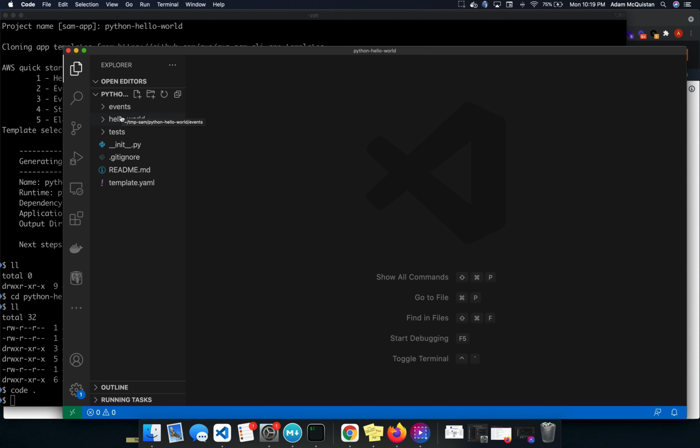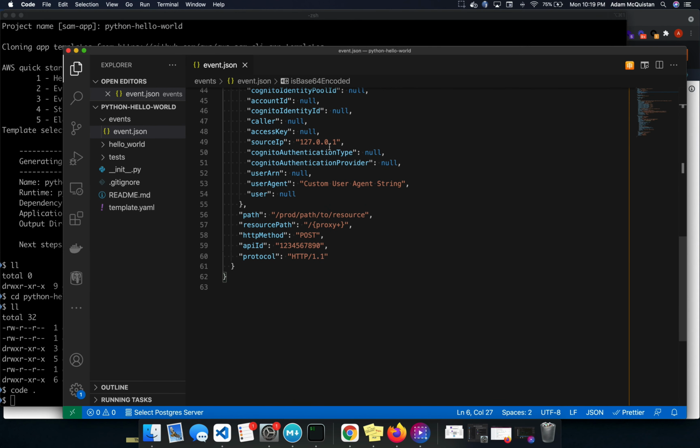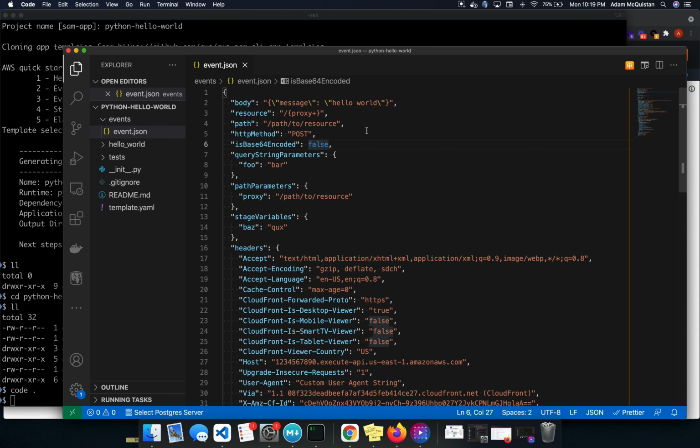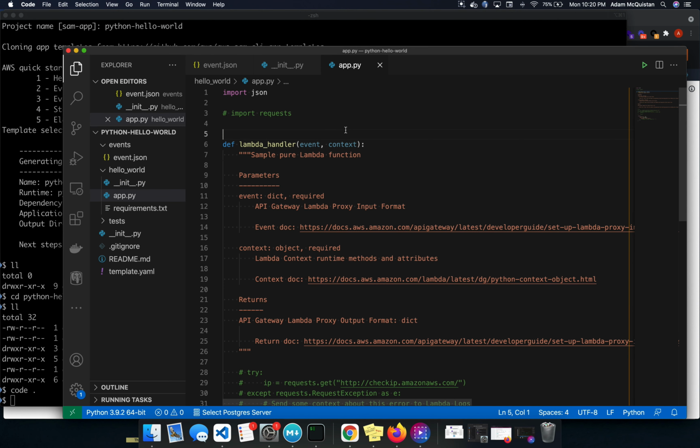So taking a look in here, it gives us an events directory showing us how we can mock out, in our case, HTTP requests as if they were coming from API Gateway to invoke a Lambda function. The source code for a simple hello world Lambda function within the hello_world directory, complete with an __init__.py to make it a proper Python package, an app.py with example source code for a Lambda handler,